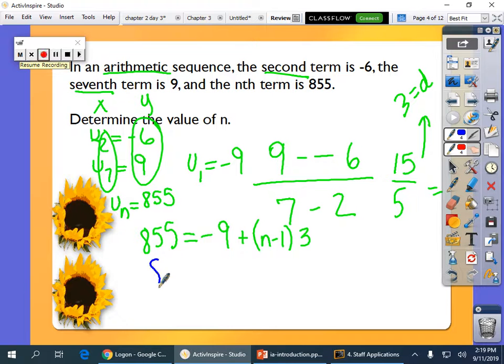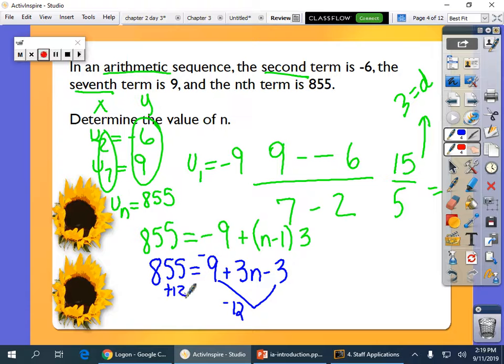Okay, so I have 855 equals negative 9 plus 3n minus 3. Negative 9 and negative 3 makes negative 12. So I'm really going to add 12, and that gives me 867 divided by 3, which means n is, say it again,